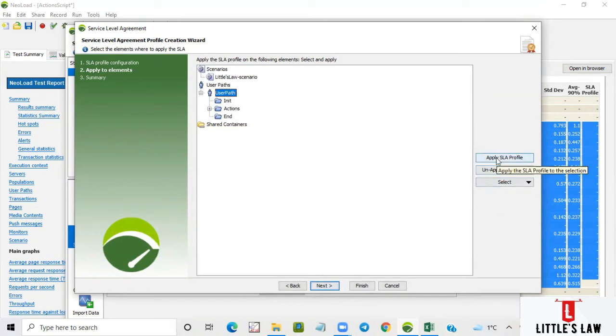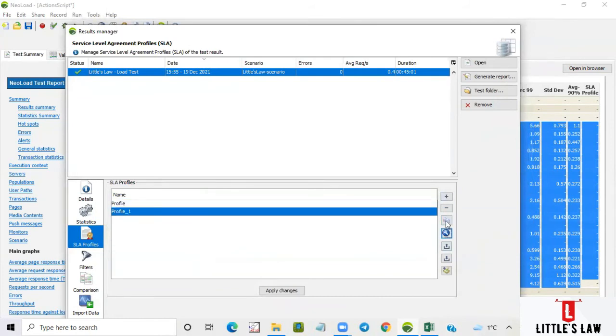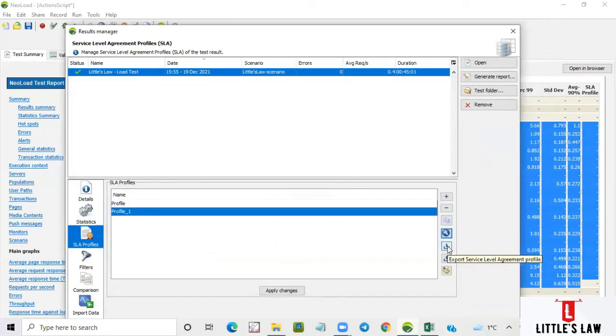Then we can click this SLA profile. In case you want to apply this SLA profile, you can click it. If you want to select it for even any particular page, we can do it. Then let me click on next, and I'm clicking on finish. In case you want to make a copy of the SLA profile, you can do it with this button. In case you want to make any changes, we can make them with this. If you want to export this SLA to another machine, we can do it using this icon. And if you want to import, you can do this with the import service level agreement profile. And if you want to copy it into a design, we can use this button.